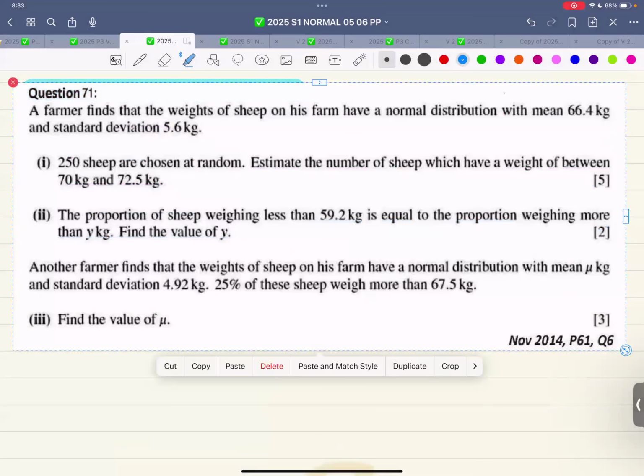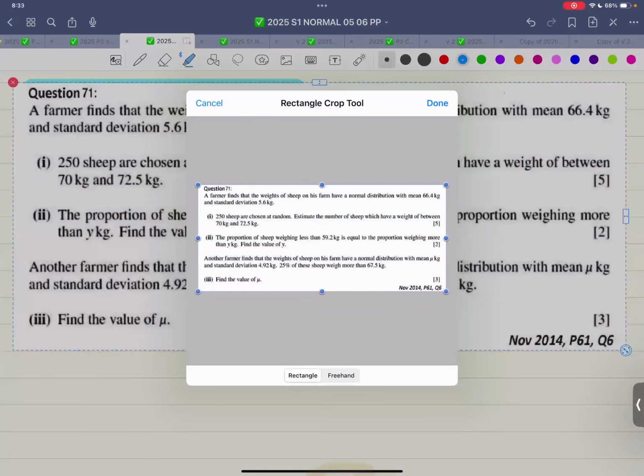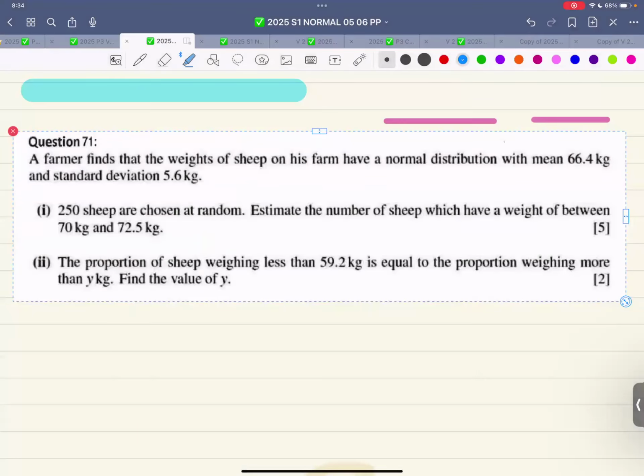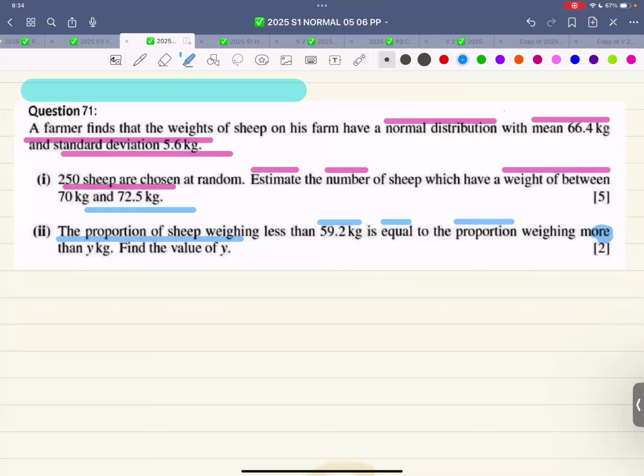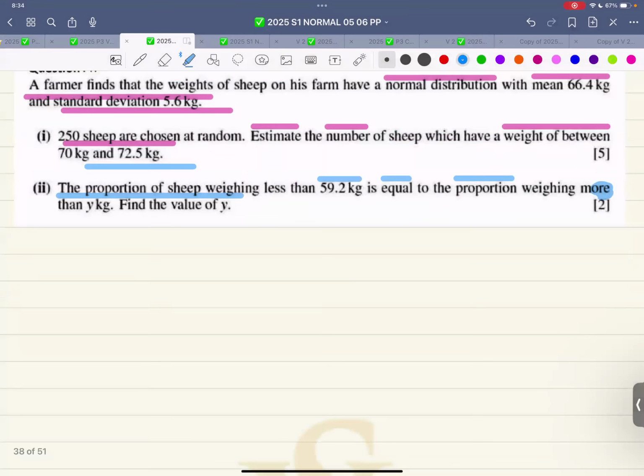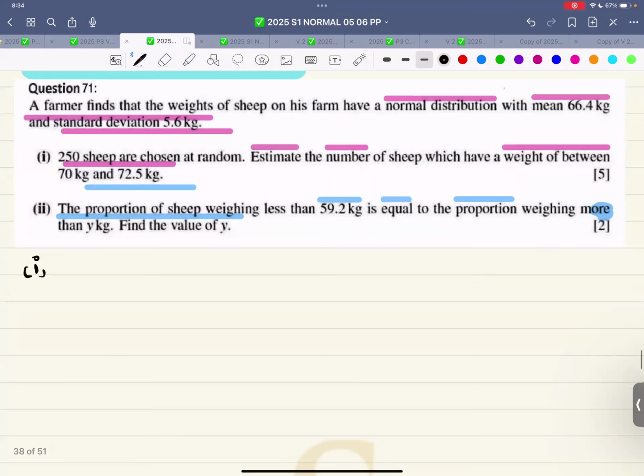Over here, I can even crop this thing like this. Okay, all good. So now let's start with the first part. Now, the first part, that is part one. We will say that x follows a normal distribution,